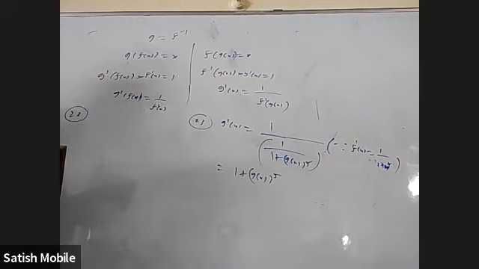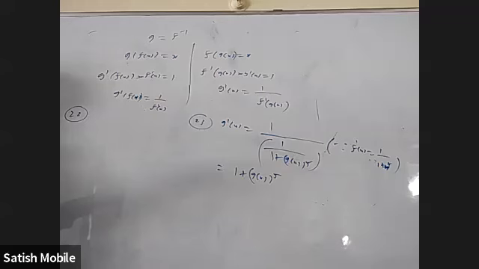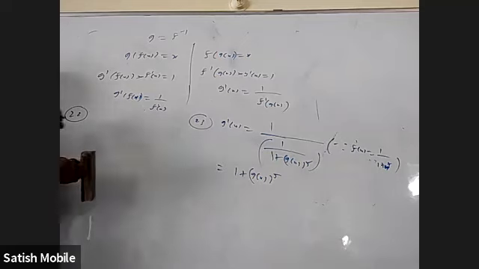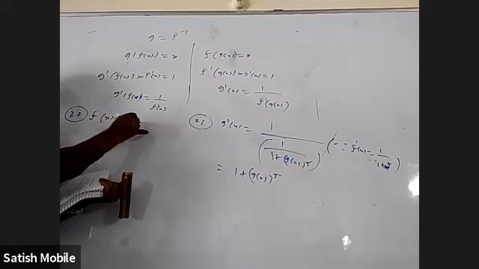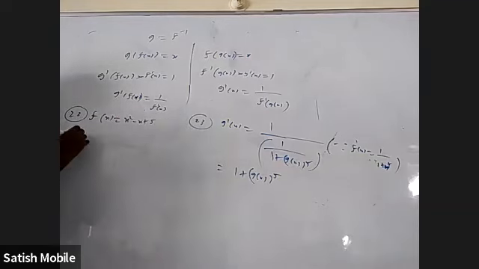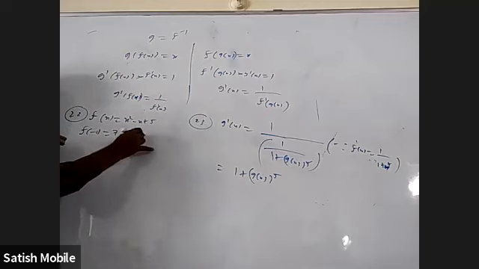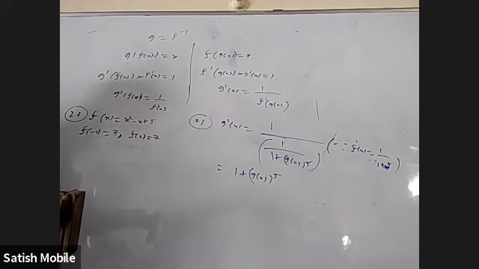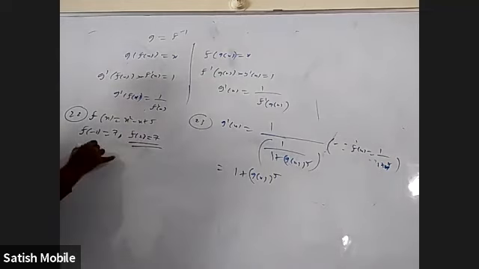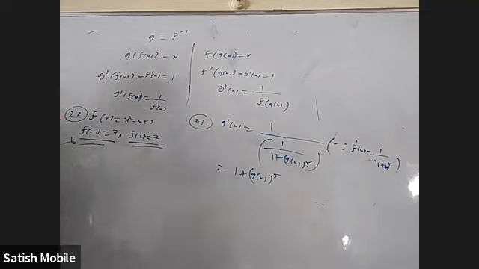If I want to find, I can really find the inverse function. But without that, can anybody guess, in question 22, for what x value f of x will be 7? 2. Do you know any other number also? -1 also. Yes, f of -1 is also 7. f of 2 is also 7. But I prefer 2 rather than -1 because in the question they said x should be greater than 1 by 2. Right. Okay, now I'll prefer this, but not this one because -1 is not even defined.